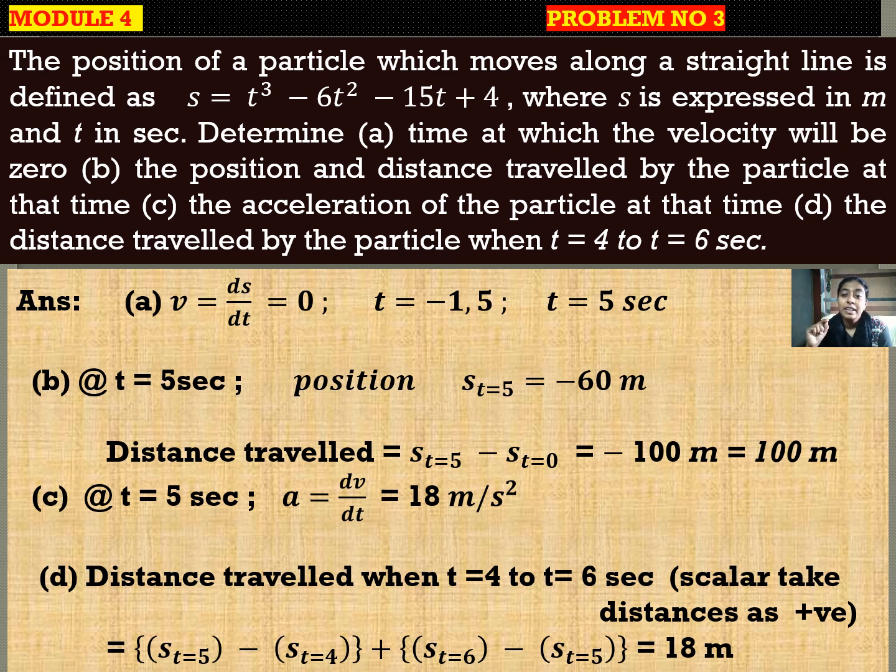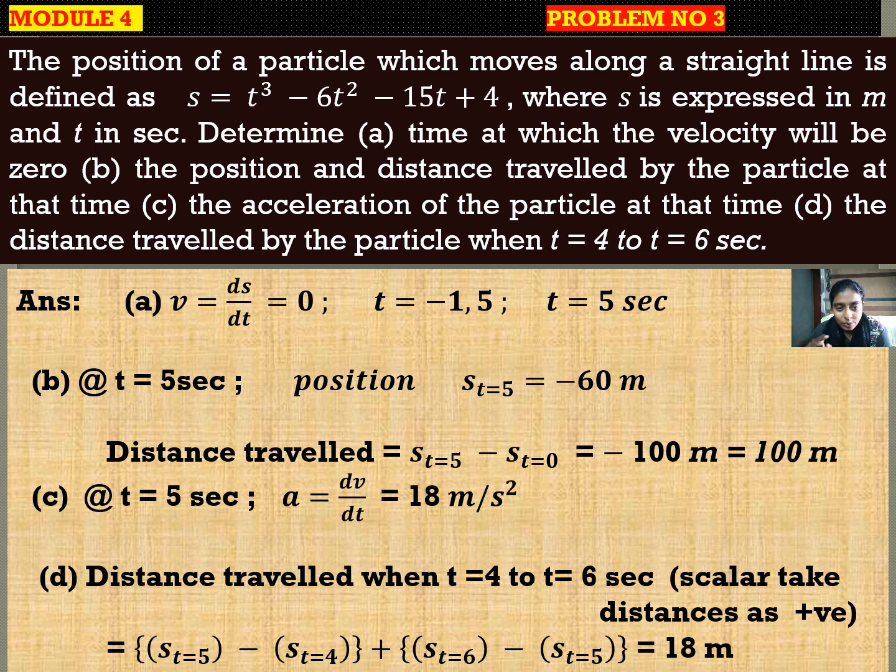Listen, the doubts raised were on the fourth part, D part, that is the distance travelled by the particle when t is equal to 4 to t is equal to 6 seconds, from 4th second to 6th second. The doubt was, why don't we take S at t is equal to 6 minus S at t is equal to 4. You can take it like that, of course you can, but for this particular problem you cannot. The reason is,